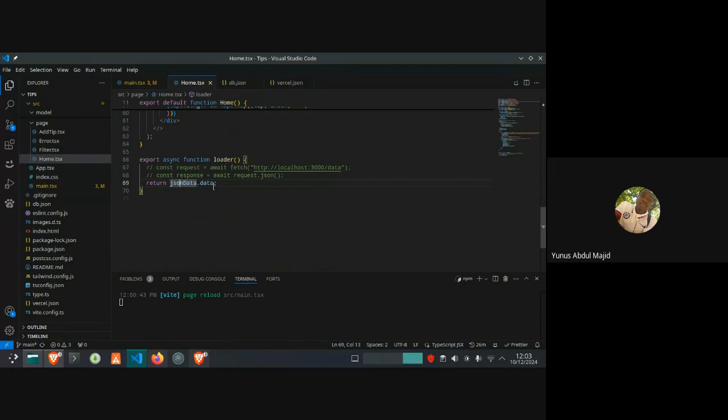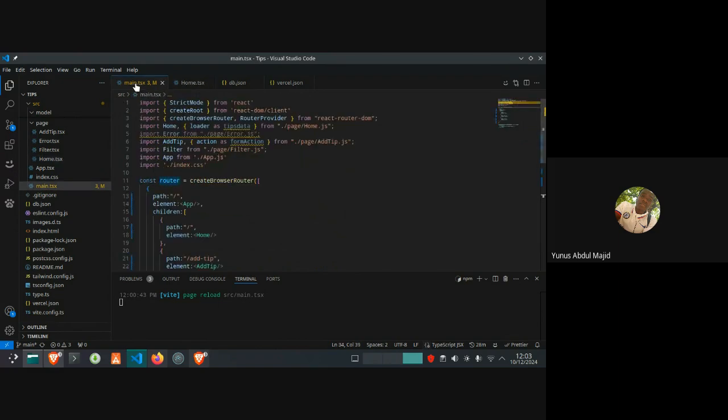Now basically what this does is that I can use this data and return it, because I want to make use of the data across the entire route so that I won't have to be calling it every time.